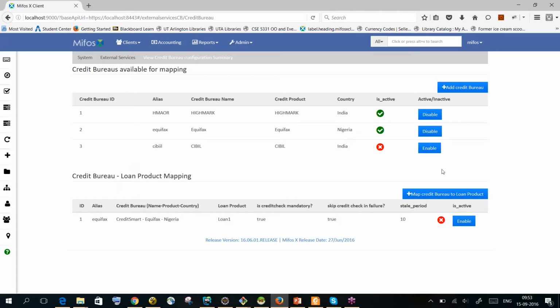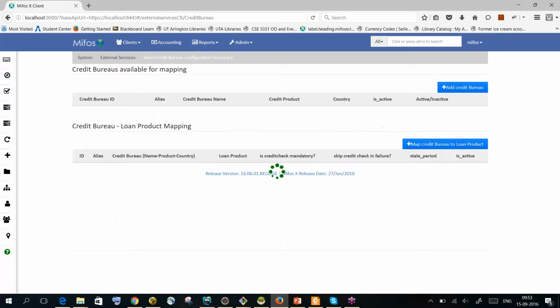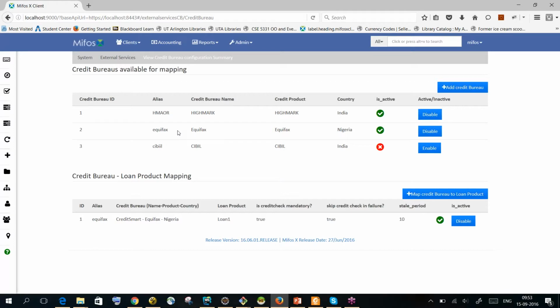Now, in order to use this configuration, you have to enable it. Okay, so this was the credit bureau configuration module. The last module is the credit bureau credit check module. It has been developed, but it has not been completely integrated into the Mifos credit bureau system,